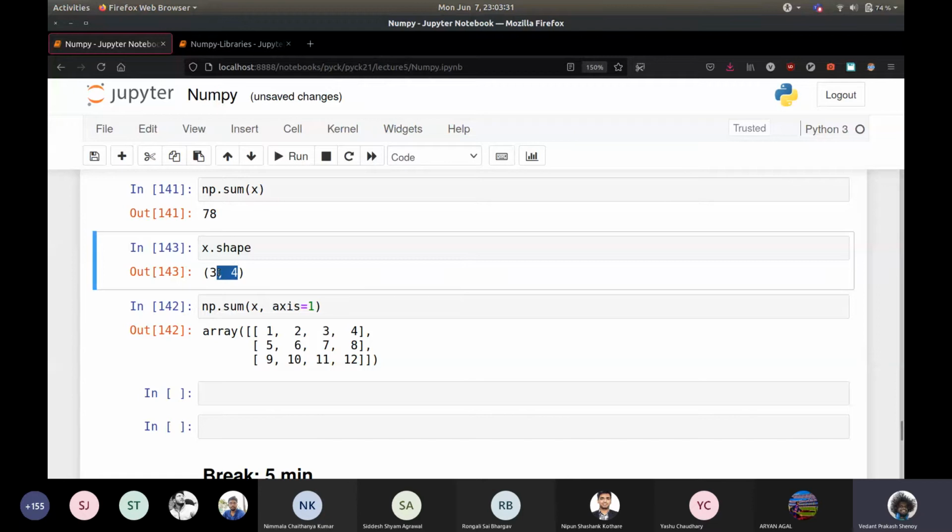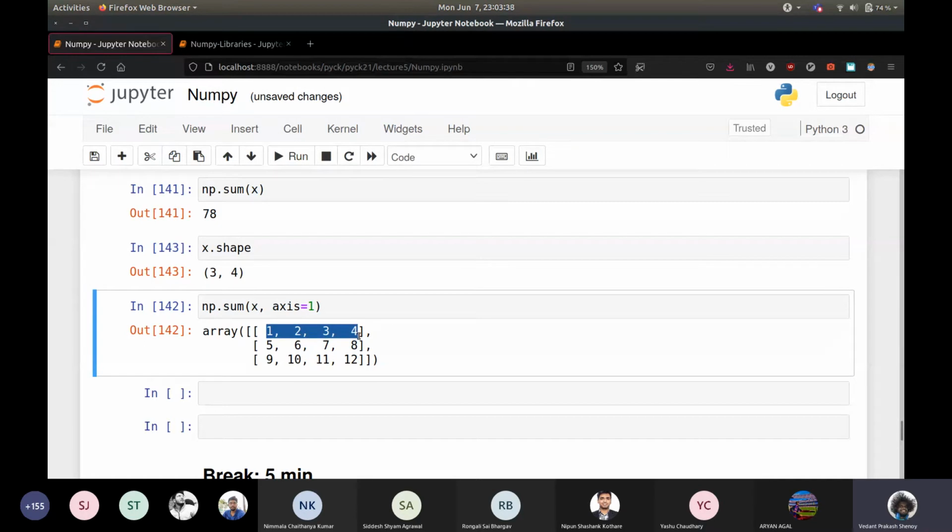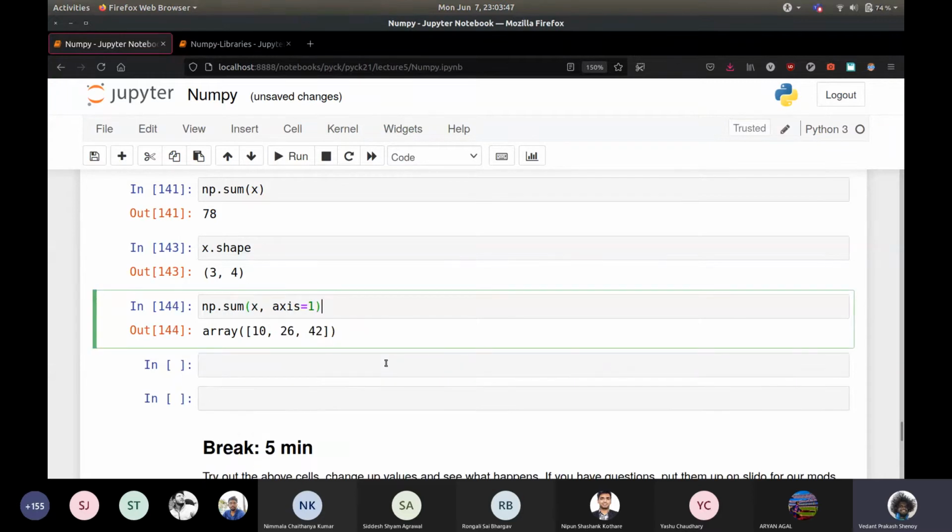Okay, if you get that. So this second one is the column. So it will sum over all the elements in the column here. So it will sum 1 plus 2 plus 3 plus 4, which will give you 10. 5 plus 6 plus 7 plus 8 will give you 26, and the last row will give you 42 or something. Okay. And that's basically what it is. It's just summing over the columns, and this one sums over the rows.